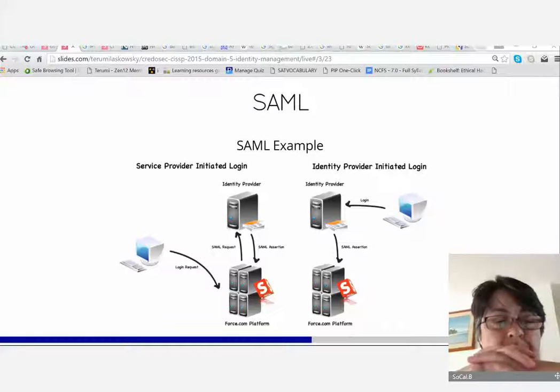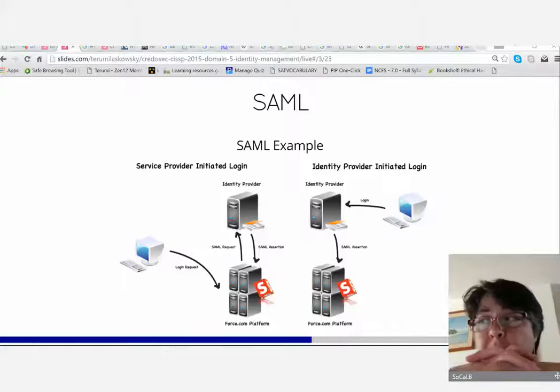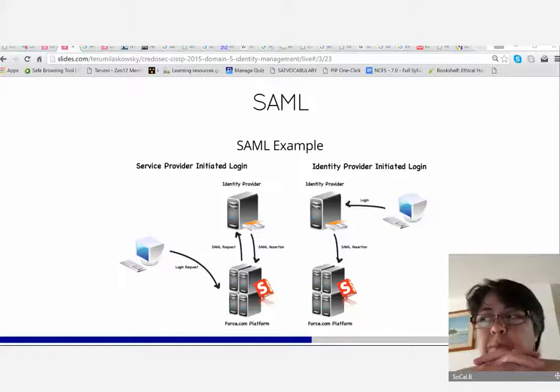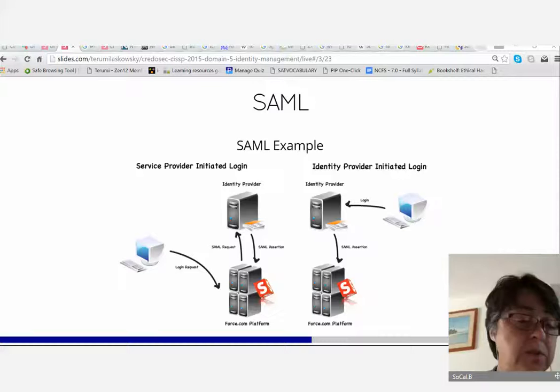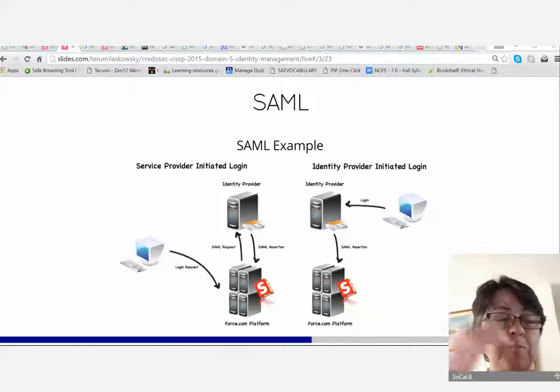Yes. ADFS is the identity provider. SAML assertions are passed between force.com and the identity provider. Yes, but only force.com knows which identity provider. The configuration is that. So when someone tries to log in as A, it goes to A because there is a configuration. And indeed, Christopher, if there is a mistake on the back end, it could try to bring you to somebody else's ADFS, but hopefully you won't be able to log in.